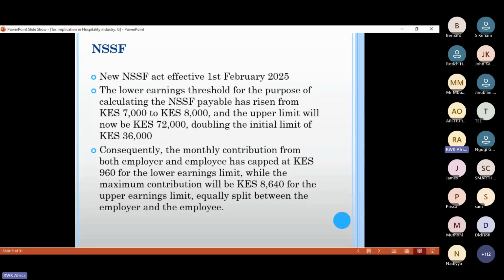The other statutory we are going to discuss is the NSSF. So we've had new NSSF rates effective February this year, whereby the lower earning threshold for the purposes of calculating NSSF has risen from 7,000 to 8,000 Kenya shillings, and the upper limit now is 72,000. It has doubled from the previous